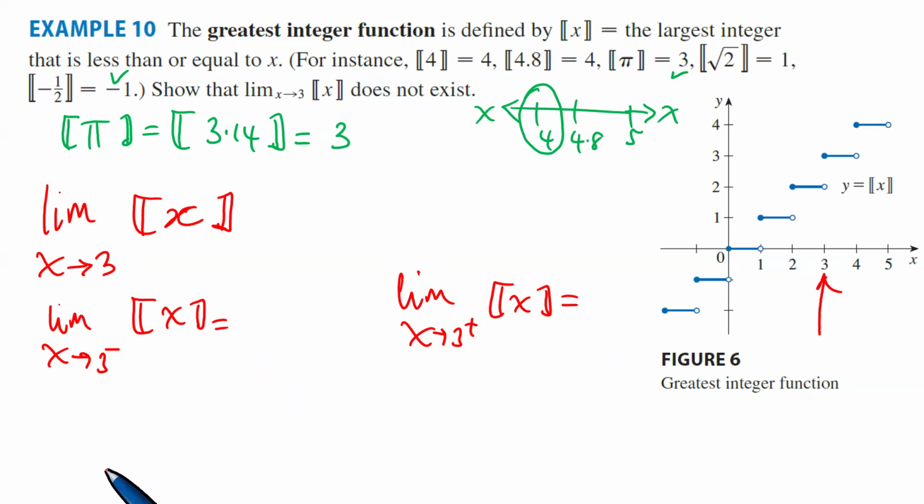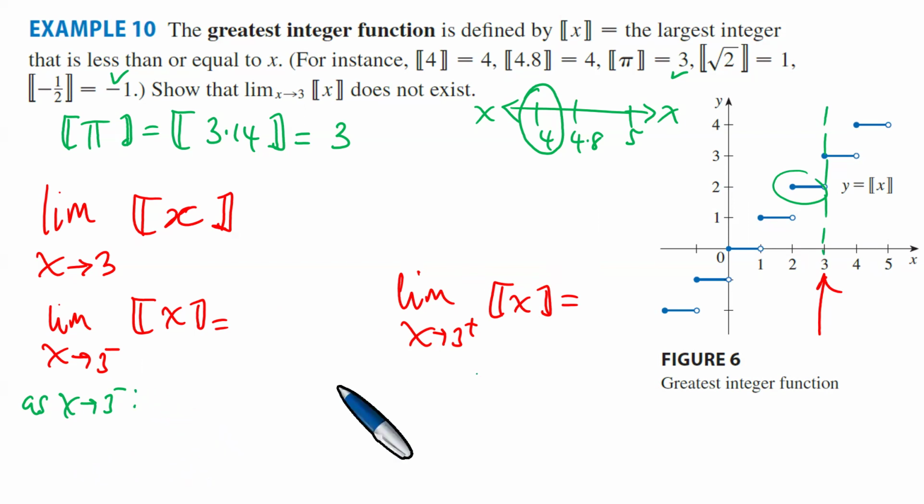So if you look at it carefully, when x approaches 3 from the left, what do we get? Here is 3, but from the left of 3, the function itself is actually equal to 2. So in other words, as x approaches 3 from the left,